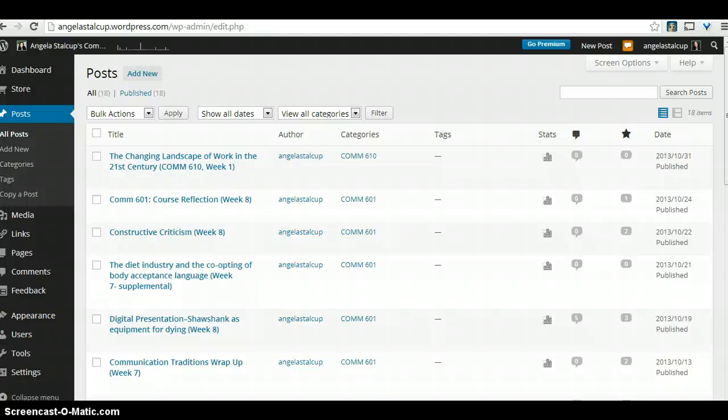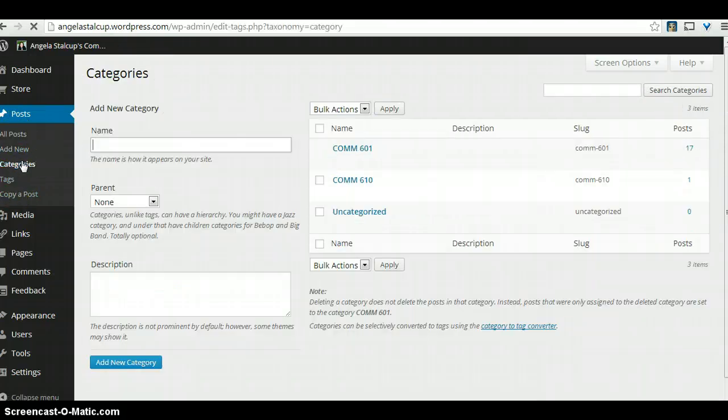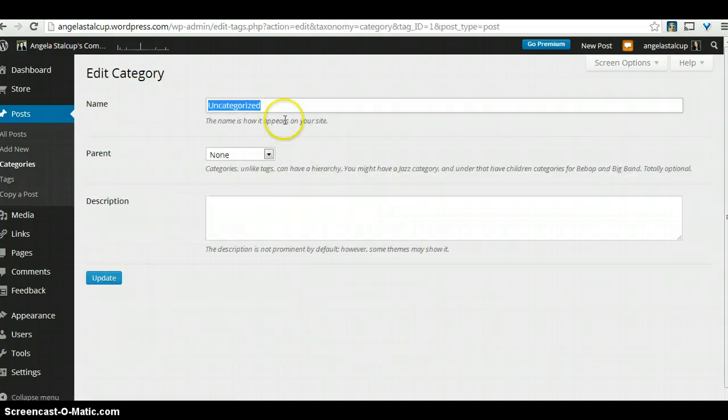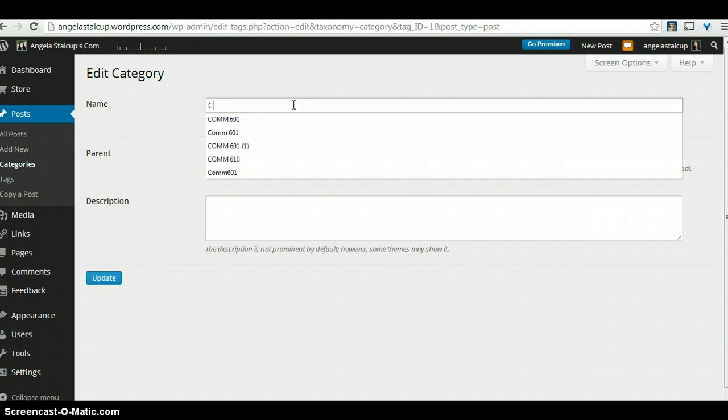If you've created your own categories, you can go in and change them. So how do you do that? Well, you see here under all posts, we have categories. So you name your category, you type the name in here. I'm just going to do COM test as my new category. Now, if I had 17 posts under uncategorized, I would just edit uncategorized, put the name there that I wanted,